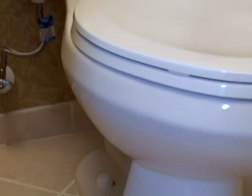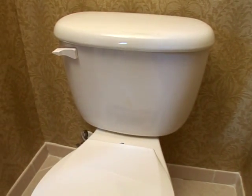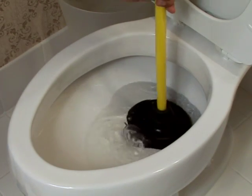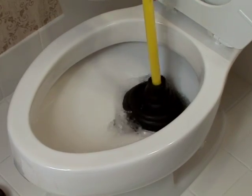Toilets are made of vitreous china, a type of clay that is very resistant, but which may crack if exposed to extremely hot water or careless handling of a plumber's auger, also known as a sewer snake. To handle simple toilet clogs, a rubber cup plunger should be able to get the job done. But if you're not able to unclog the toilet using a plunger, professional plumbers should be able to correct the